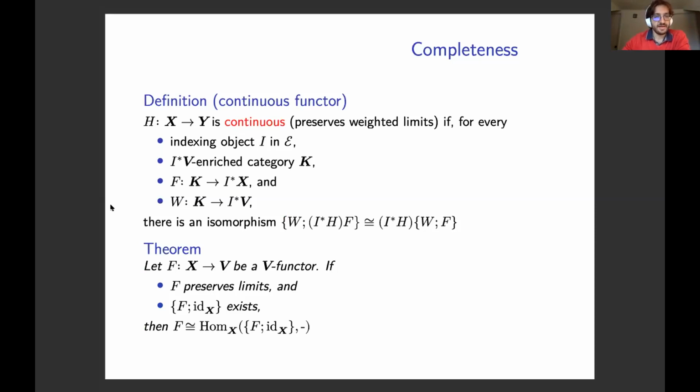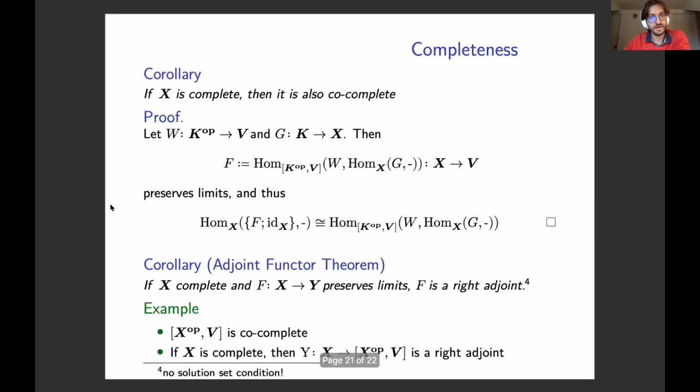And as a fundamental lemma, we need that if we have a covariant presheaf which is continuous, it preserves limits, and such that its weighted limit weighted by the identity functor exists, then this weighted limit actually represents the functor. And with this result, we can easily show that if an internally enriched category is complete, then it is also co-complete, because we can